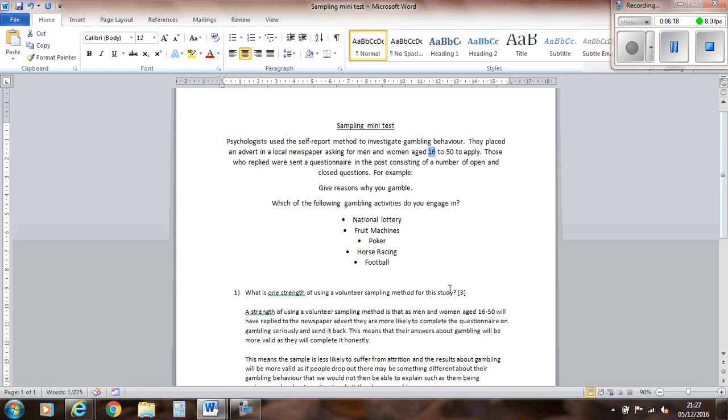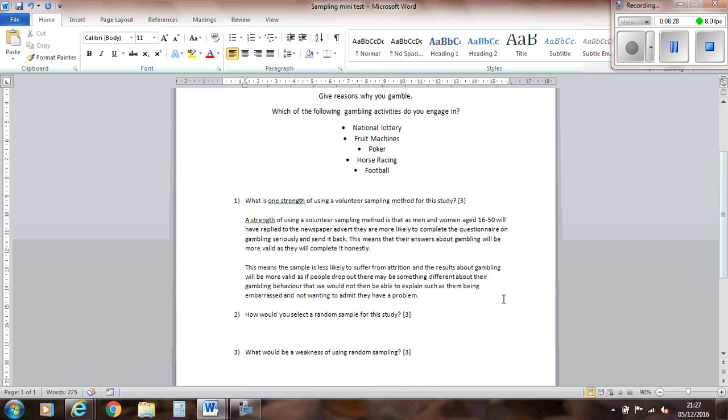I think I've probably been a bit harsh actually using this scenario and asking you to do a random sample because I didn't realise how difficult it was. Someone actually did a really, really good suggestion though. They said they would use the census. Because on a census, you're going to have 16-year-olds and you're going to be able to get their details to be able to send them a questionnaire. So, I would suggest to use a census.